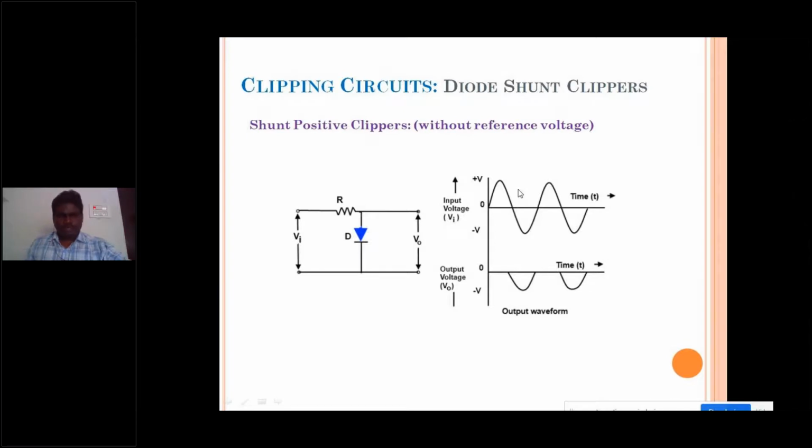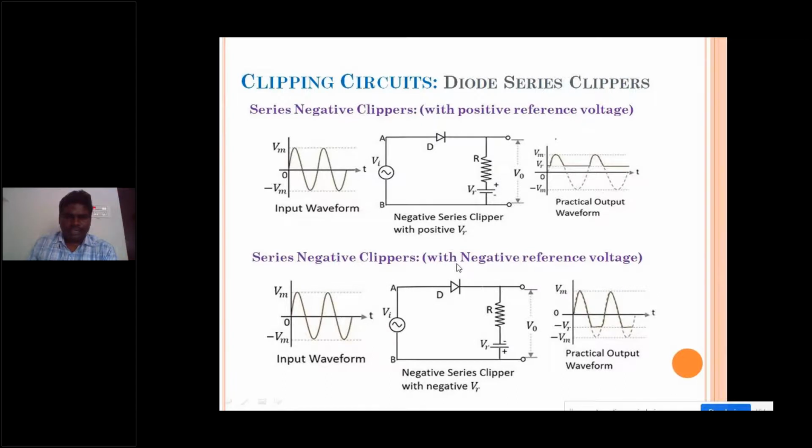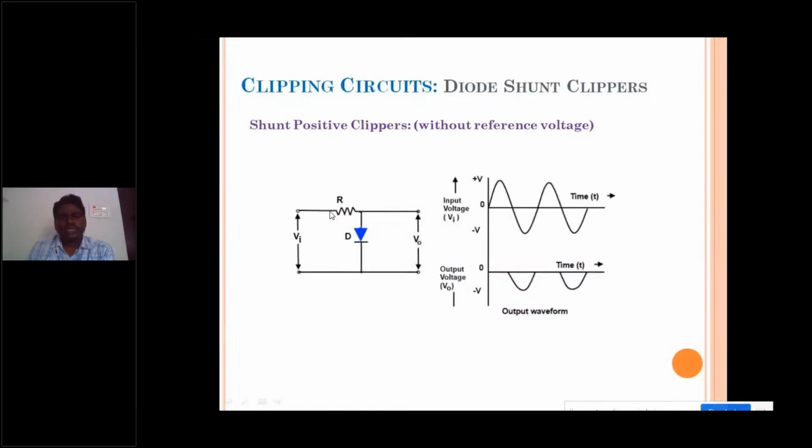And now comes the shunt version. In the previous case, I just connected the diode here. Now I am connecting the diode in shunt, so that I am measuring the output voltage across this diode, so that I can understand easily here. I am applying some input here. The input that I am applying here is a sinusoidal. For the positive half cycle, the diode gets forward biased. When the diode gets forward biased, what will happen? It gets short circuited. I am measuring the output voltage across the diode, which means across the short circuit. The voltage across a short circuit will become 0.